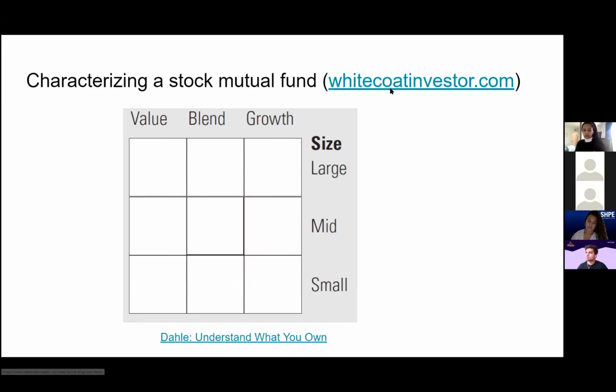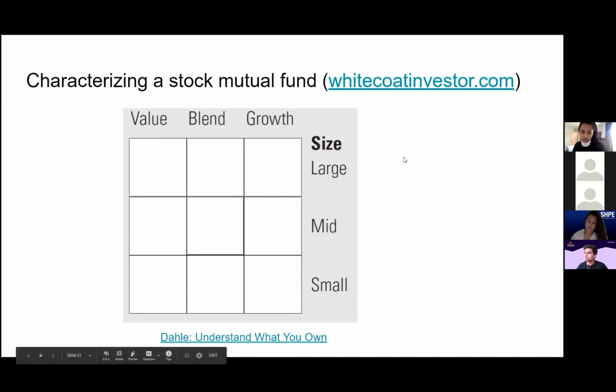And I put some of these links here. I got this diagram from the White Coat Investor blog. That's Jim Dahl. This is actually a good article, but go to his website. He has lots of good information there. He's a doctor. That's why it's called White Coat Investor. But he's just like me, I'm a software guy. He's a doctor that got into this stuff, and he has a lot of great stuff.